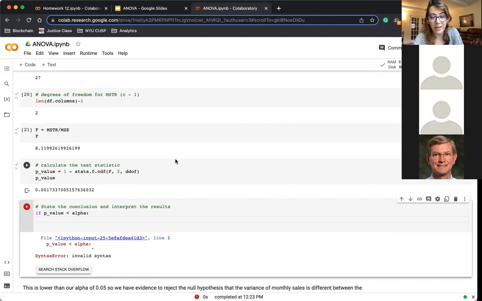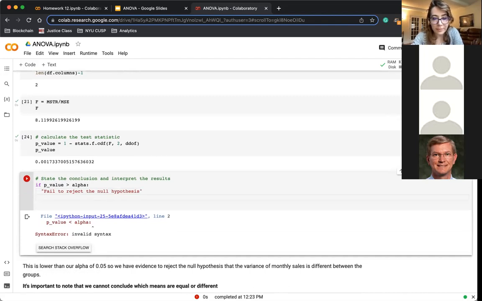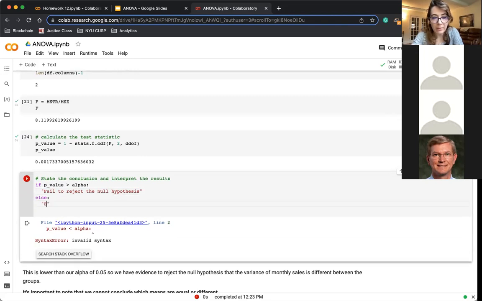So if our value is farther away, so it's in that little portion when I drew that distribution, then we would have, well, let me do this in the way that we've been seeing it. So if the p-value is greater than that, then we would fail to reject the null hypothesis. Else we have evidence to support the